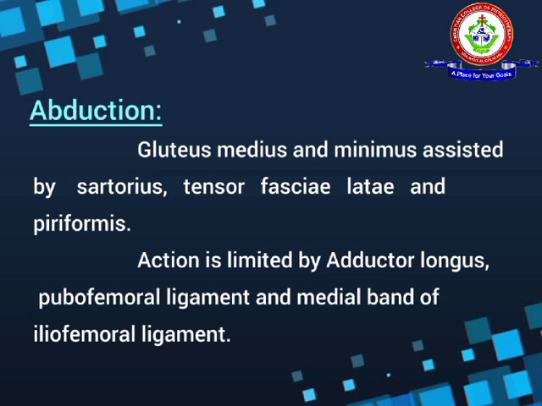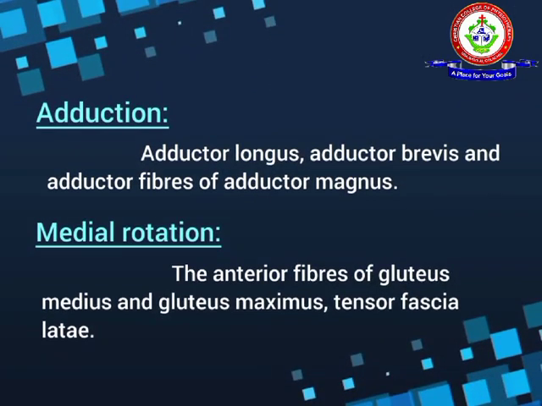Action is limited by adductor longus, pubofemoral ligament and medial band of iliofemoral ligament. Adduction of the hip joint is done by adductor longus, adductor brevis and adductor fibers of adductor magnus. The muscles which are helpful for medial rotation are the anterior fibers of gluteus medius and gluteus maximus, tensor fasciae